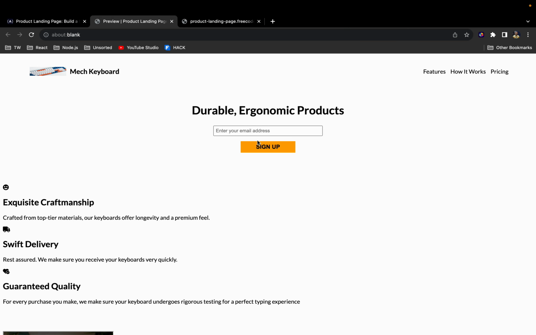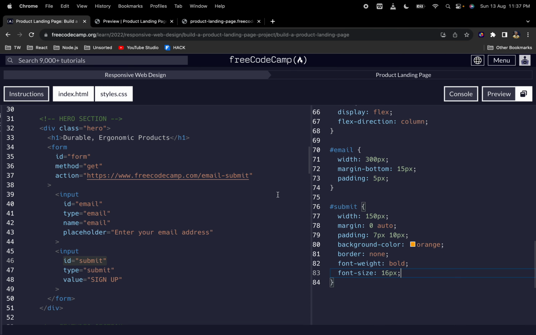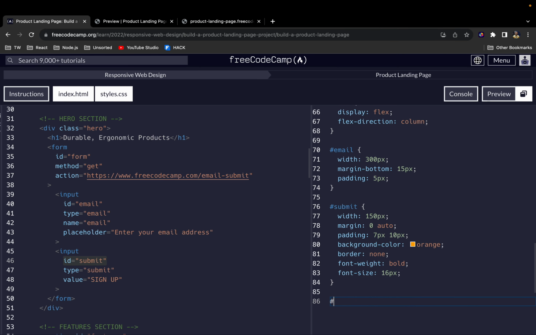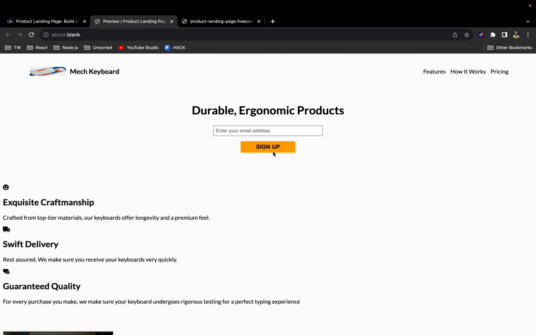Now I want to work on the hover so that when I hover the mouse on it, the color changes. So I will say submit and I'll bring colon and say hover. I'm going to say background color. So I'll give it the background color of orange. Okay, so now when I hover over it,